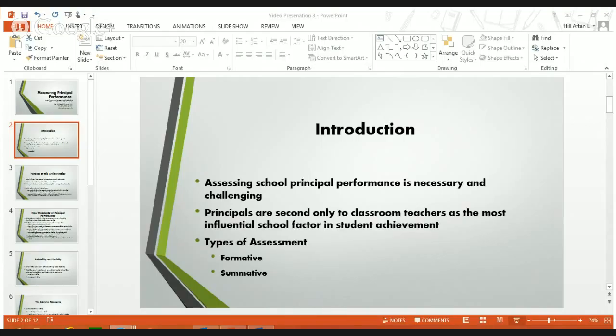The two types of assessment that we've learned are formative and summative. Well, what's the difference? Summative assessments tend to inform a decision about the competence of the person taking the assessment. For example, the Georgia Milestones that our students take at the end of the year evaluates their competency and what they've learned for that year.